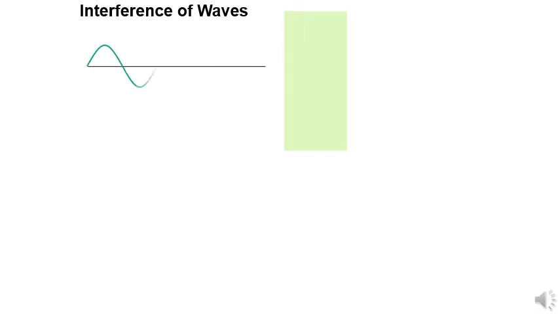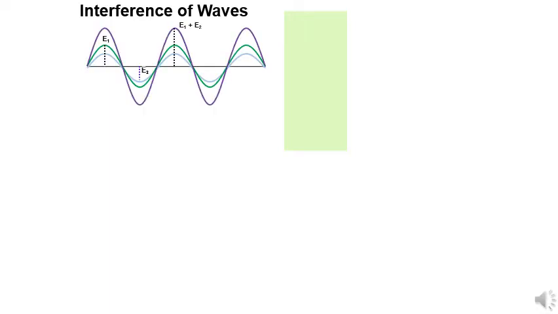This is the interference of waves explained theoretically. There can be two types of interference, constructive and destructive interference. In constructive interference, the light waves are in the same phase, and hence when they superimpose, the amplitude of the resultant wave is greater, or it is equal to the sum of the amplitudes of the individual waves.